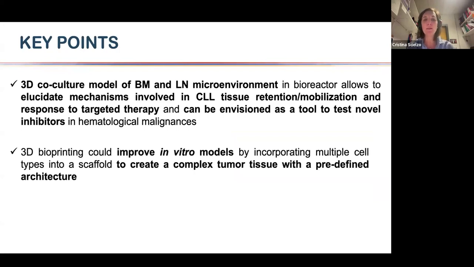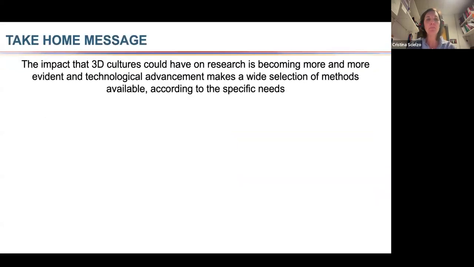And the bioprinting strategy could improve in vitro models by incorporating multiple cell types into a scaffold to create a complex tumor tissue with a predefined architecture that could work as a preclinical model for drug testing in a patient-specific way. Please keep in mind also that I think the impact that 3D culture could have on research is really huge,